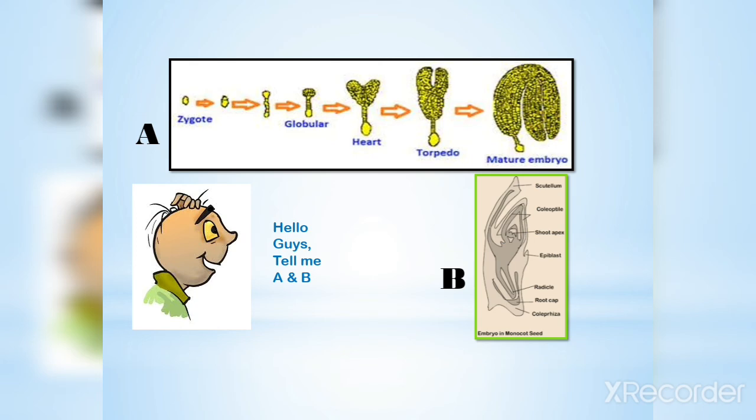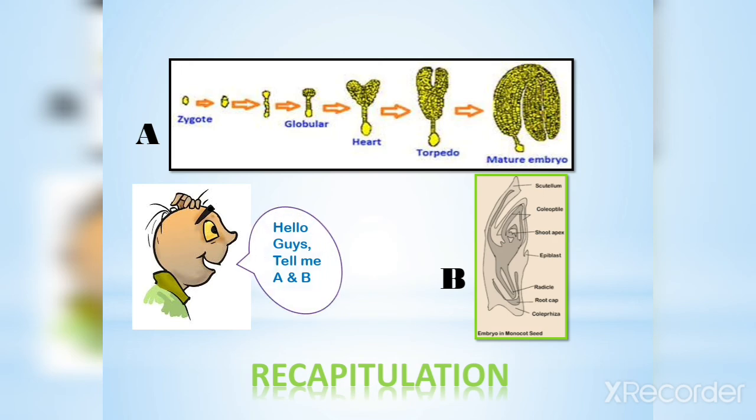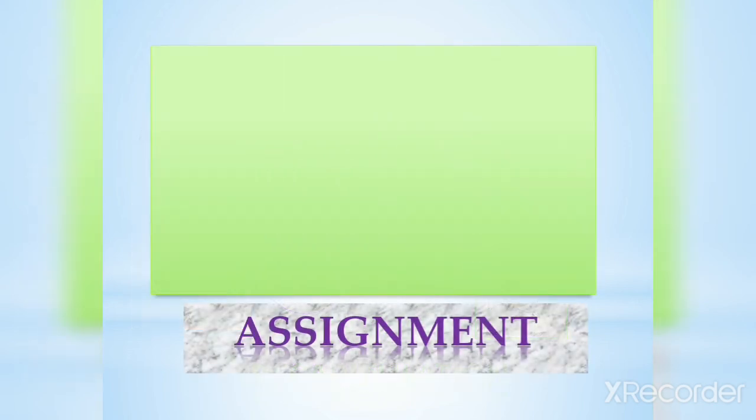Again, another part of evaluation for you. Earlier we have seen one evaluation. This is what is A and what is B. Bujo is asking, so just recall. Just observe the diagrams, right? Try to recapitulate what it is telling. So what is A? That is the process for the development of the dicot embryo. Very good. And B is the monocot embryo, right? So that is what he is asking you.